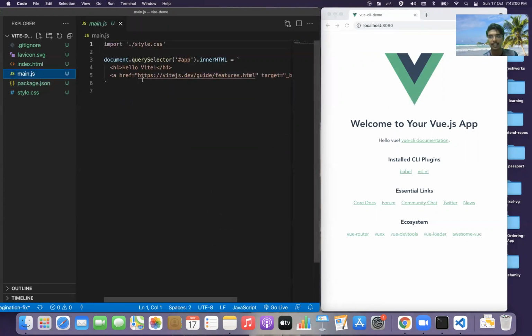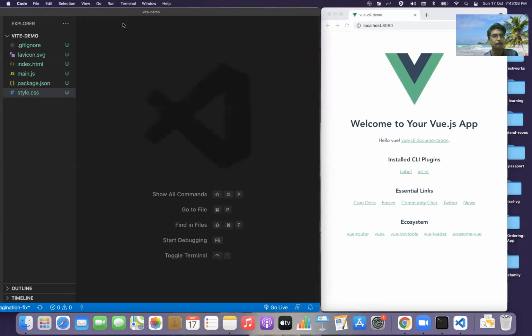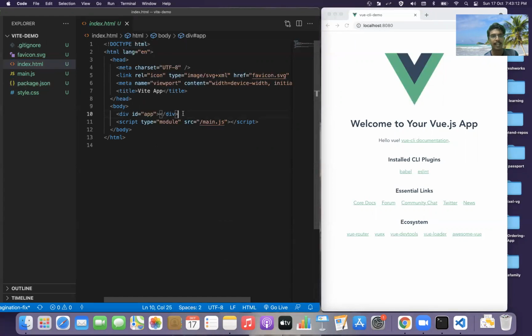This is a JavaScript module. Okay, it's a simple JavaScript module. Here they are importing some styles, which are nothing but some default styles. And there is an index.html file. And here they are using that module, main.js, and the way they use it is with script type of module.